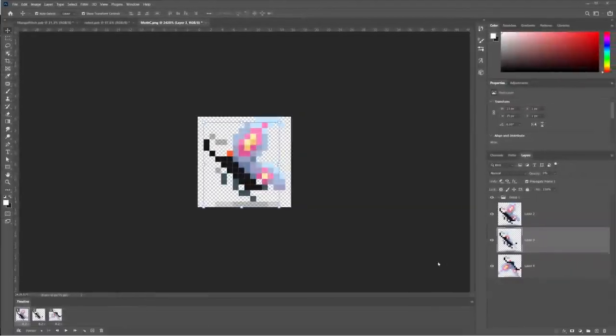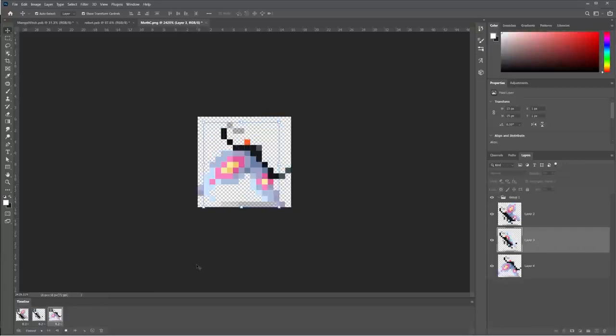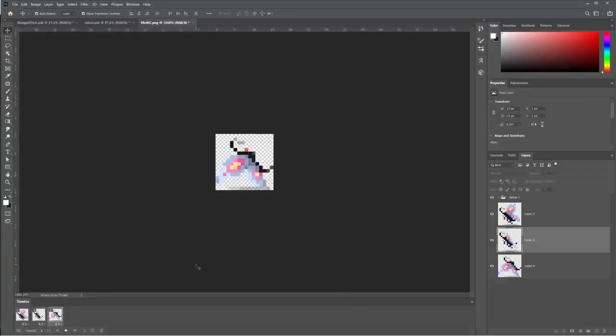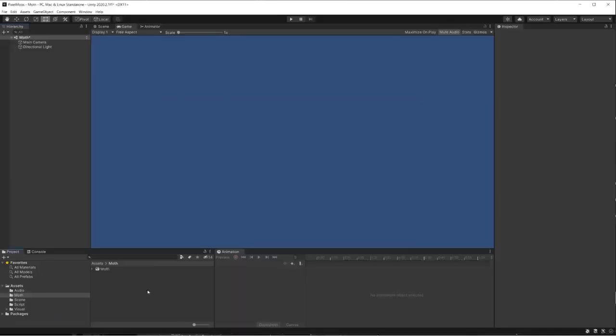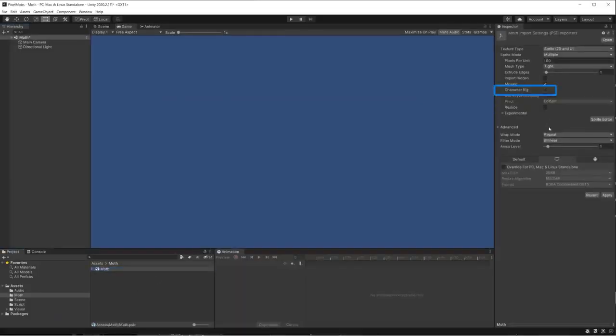Having the auto-generated prefab based on the Photoshop layers is also convenient for frame-by-frame animations. In this Photoshop file, we have a character animated within the timeline. Each layer represents a frame of the animation. Recreating this animation in Unity is simple. We import the PSD file, disable the character rig option to obtain a sprite sheet,